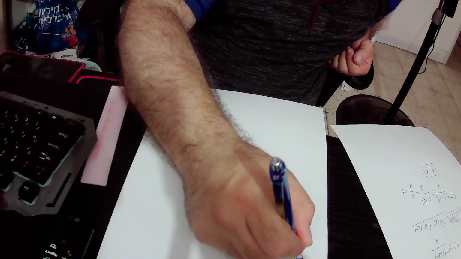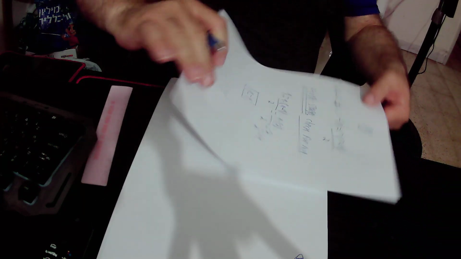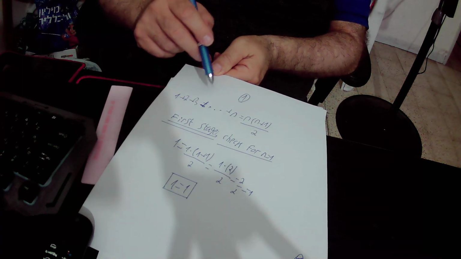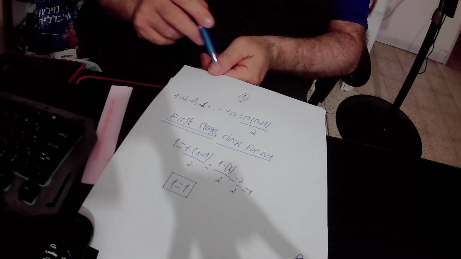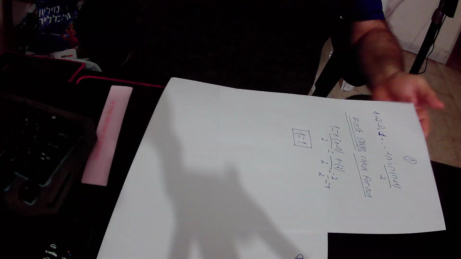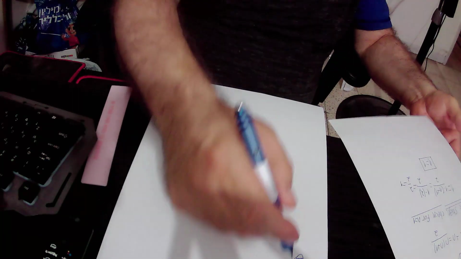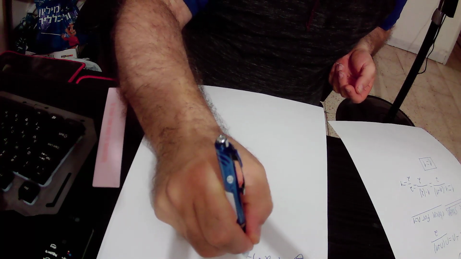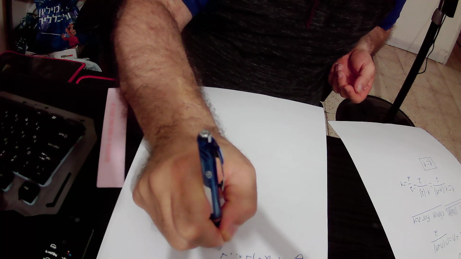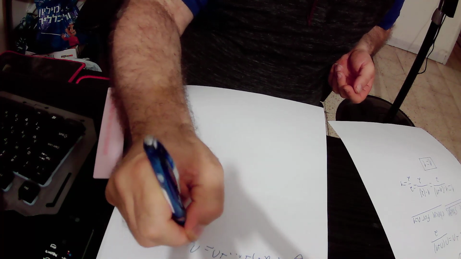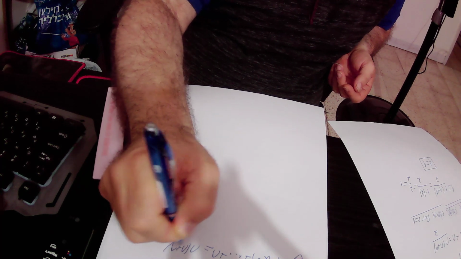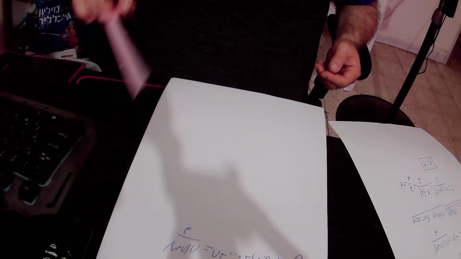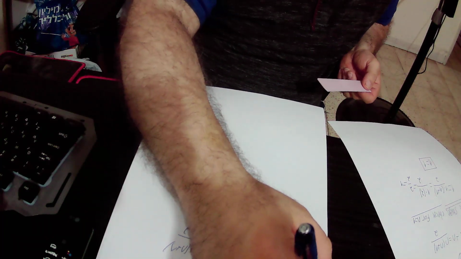The expression for n is exactly the same expression of the original statement, 1 plus 2 plus 3 plus n equals n times n plus 1 divided by 2. Okay, so it is exactly the same expression. So we will copy it, 1 plus 2 plus 3 plus n equals n times n plus 1 divided by 2. So this equation will be the induction's hypothesis,